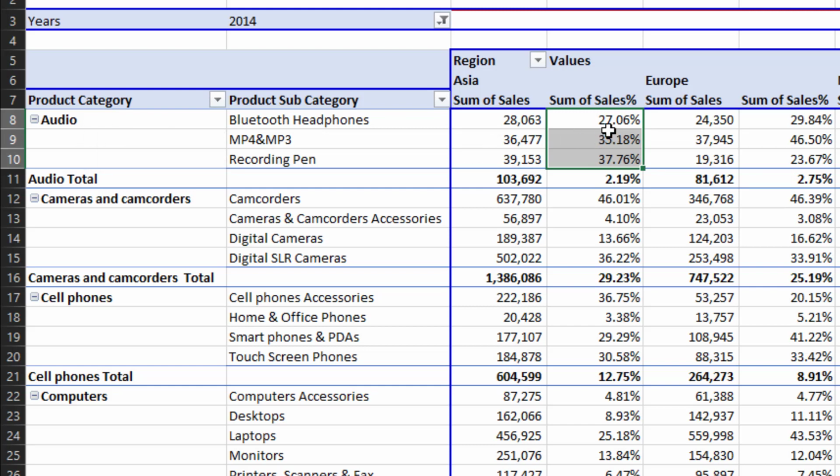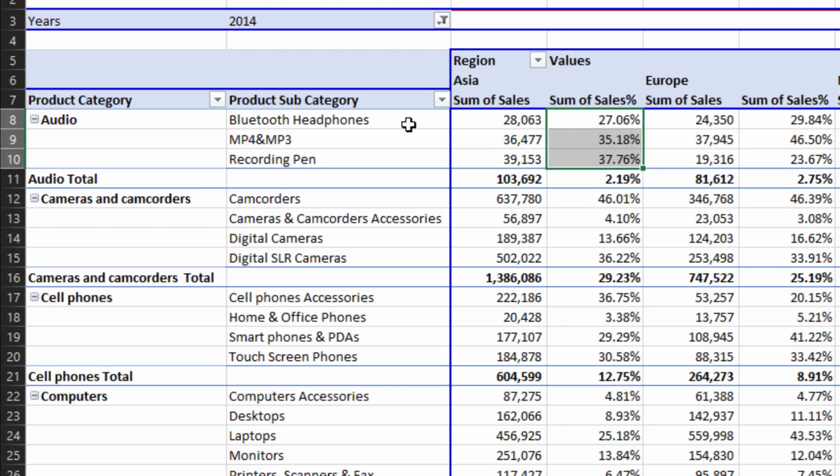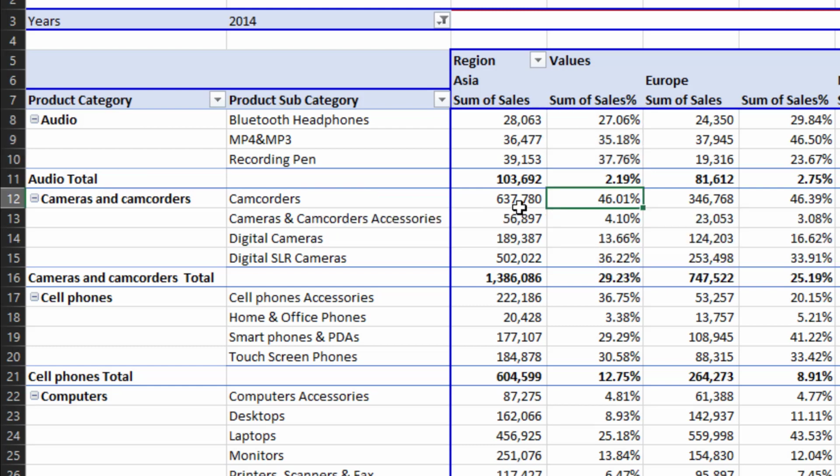So I will calculate this by dividing the sales of Bluetooth headphones by the total audio product category sales. Similarly, in case of cameras and camcorders, the camcorders sales represents 46% of the sales of the total camcorders group, which means that